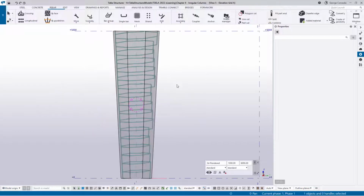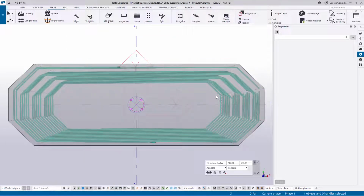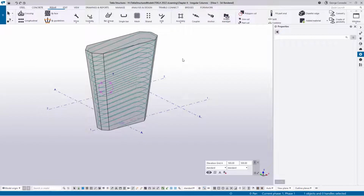So let's just go to our left elevation. We can see it's crooked in two planes. One is there's a bit of step tapering going on here, and then also the bars aren't horizontal. So if we go back to the front view, we can see they're not horizontal. And if we go to the top view, we can see how the step tapering is being applied, which is not desirable. So the first thing I'm going to do is go to one of our sections,